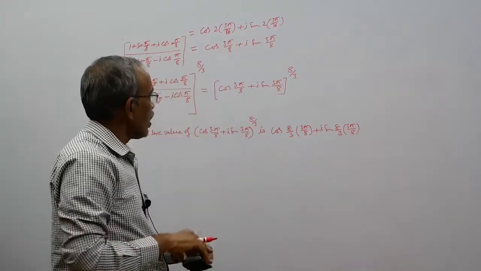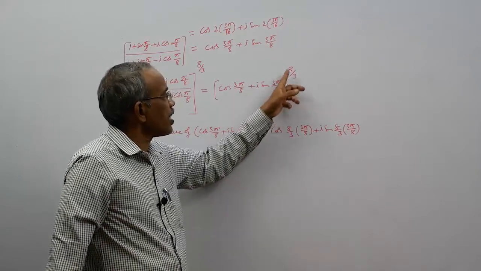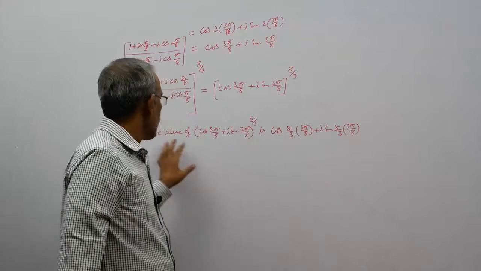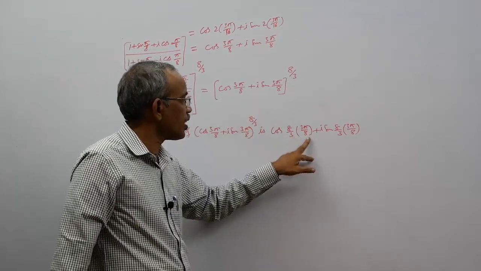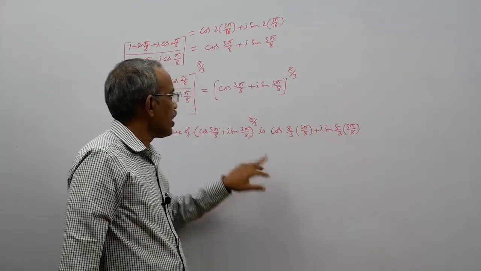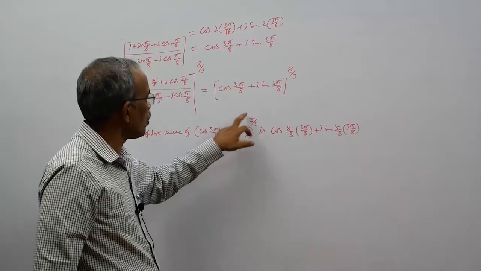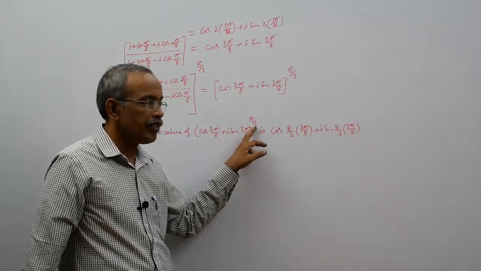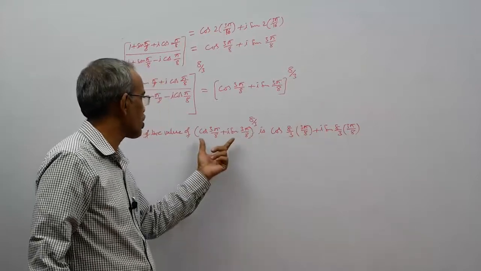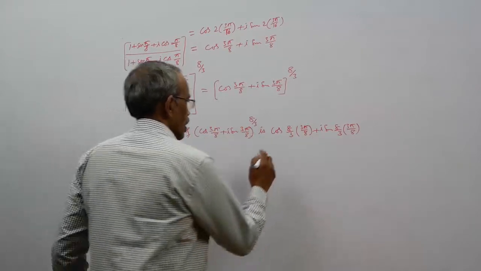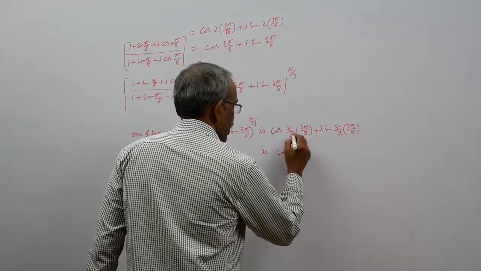We know De Moivre's theorem for rational index: one of the values of cos theta plus I sin theta whole to the power of n is cos n theta plus I sin n theta. Here we have 3 values, that is, this is the cube root of whole to the power of 8. Cube root means there are 3 values, and this is only one of the 3 values. This is one of the values of this whole power 8/3, that is cos pi.